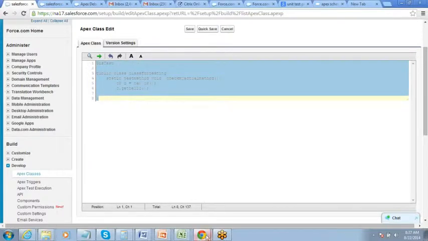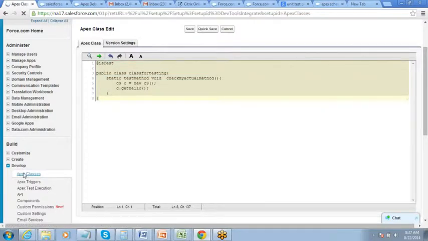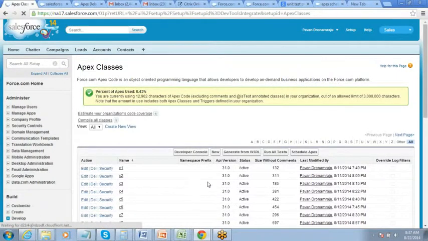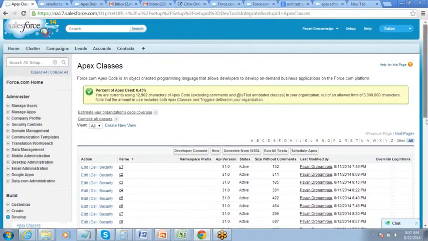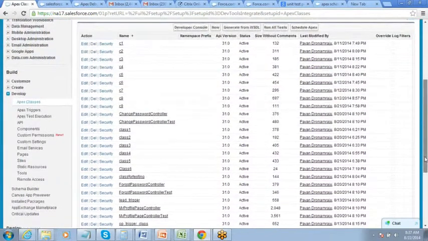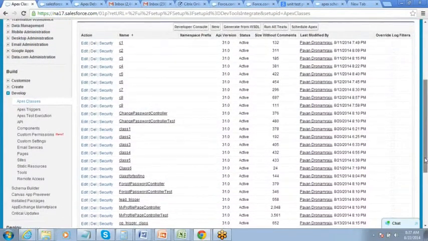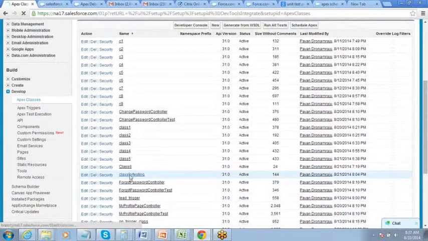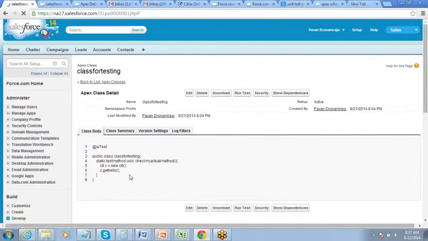Okay. So you can run the test method from this web application also. You have run all test option here, or you can go to your test method class for testing. So whichever test class you have defined, you can go to that class and you can say run test. Run all test would run all the tests that you have. This will run only the tests under this class.